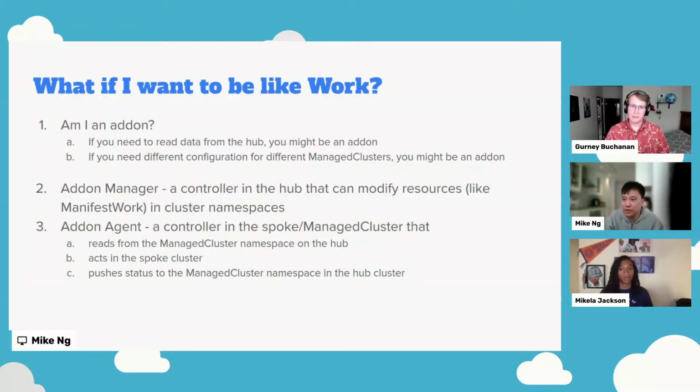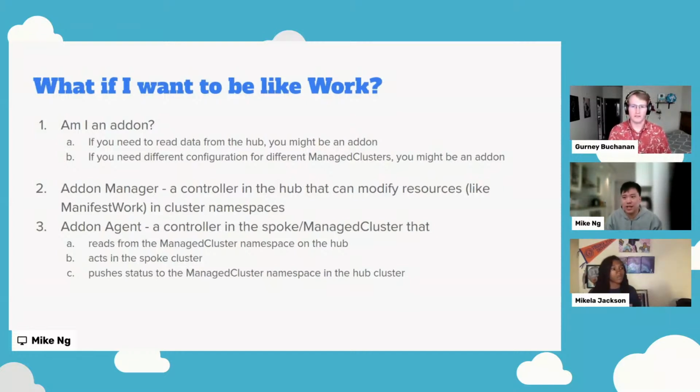Okay, I'm going to go into what an add-on is. What naturally comes out of this is I want to have a controller that runs on the managed cluster that communicates back to the hub, and that uniquely identifies and performs whatever operation you want.